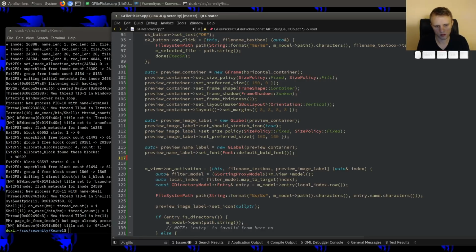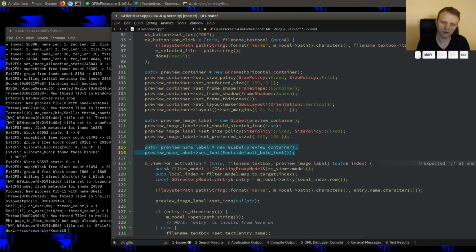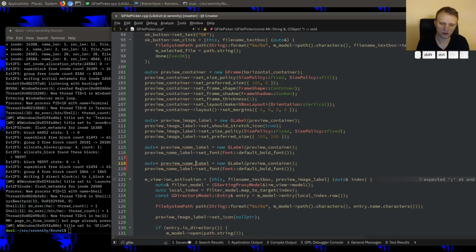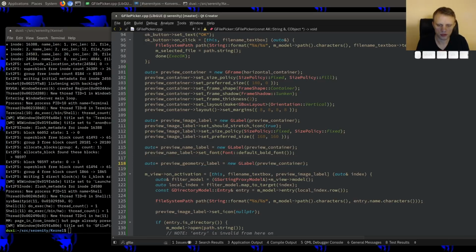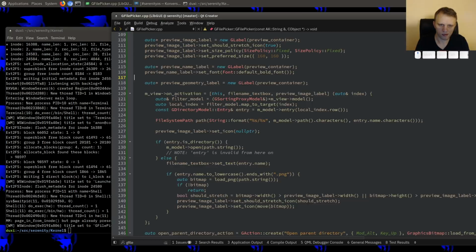And what else am I thinking? That's good. And then we'll have preview dimensions. Say geometry label. Let's call it the geometry label. I like that word geometry. But that one shouldn't have a strange font, so it should just be like this. And then